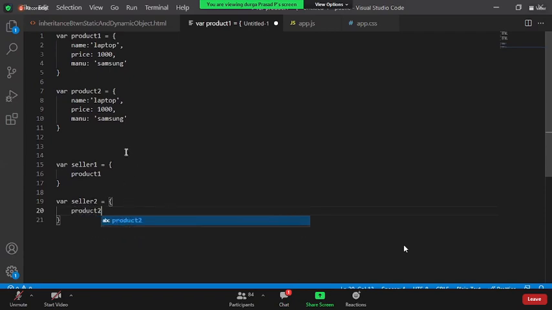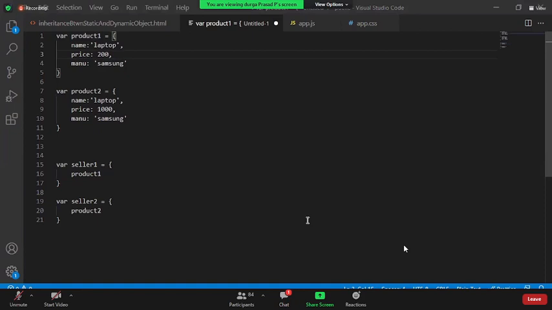Now you might ask, boss, both are the same, right? Why don't you say seller one has product one and seller two also has product one? There is no way this type of scenario will come into the picture. The reason is, when product one belongs to seller one, there is a chance the seller might change the price. Seller one got some other advantage and wants to make it 200. Does it mean that seller two is also affected? No, right? So that is the reason the same product will never be given to multiple sellers.